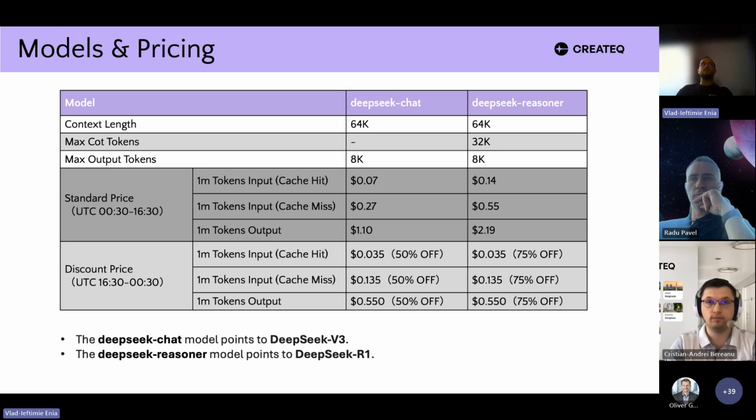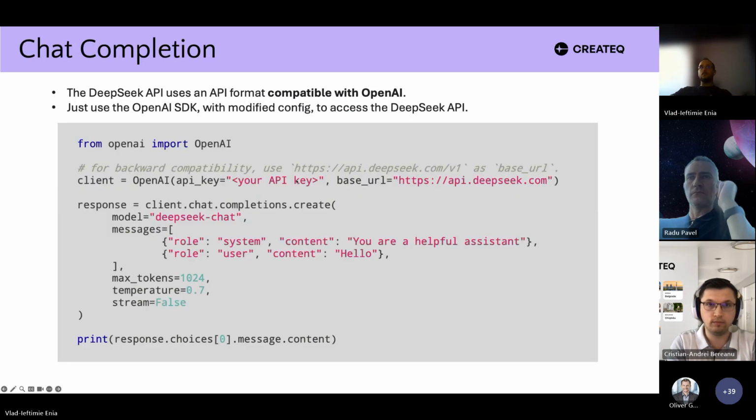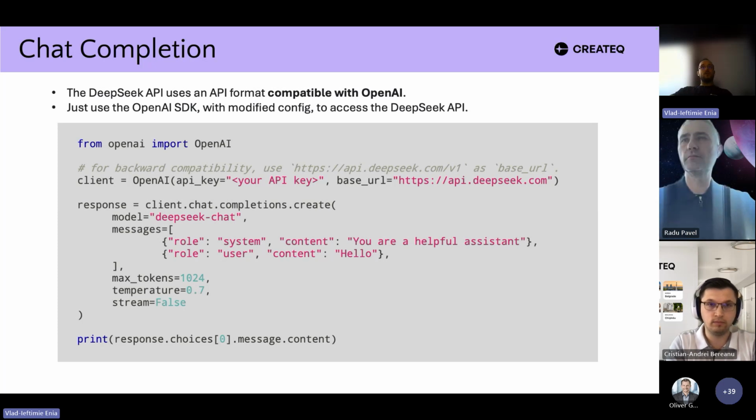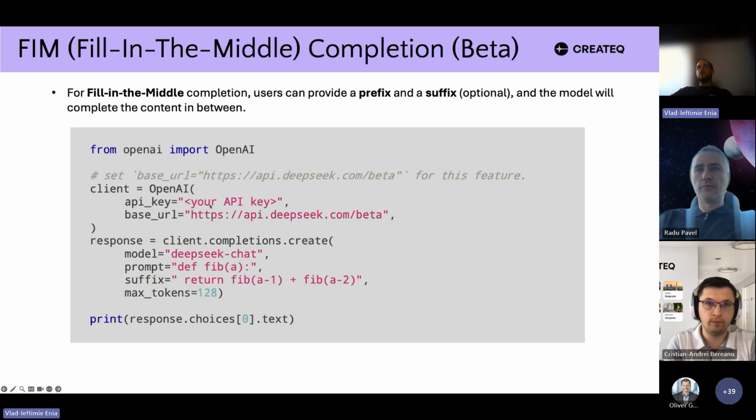I wanted to talk about it because the architecture of experts is the innovation from DeepSeek. Now, DeepSeek uses the OpenAI API, so the code looks exactly the same as you would call an OpenAI model. So I will not insist on that.